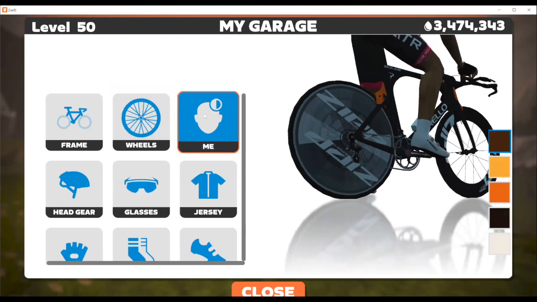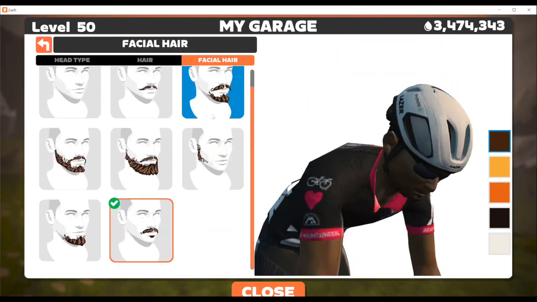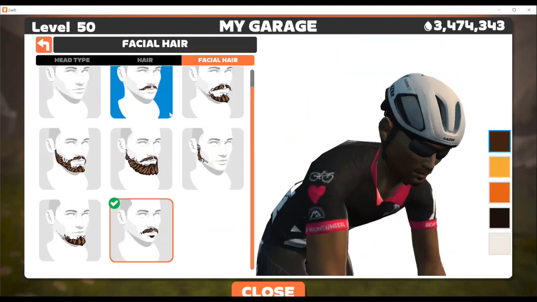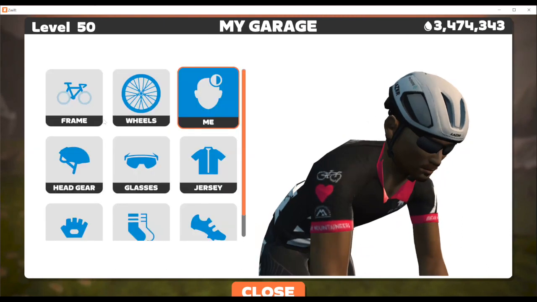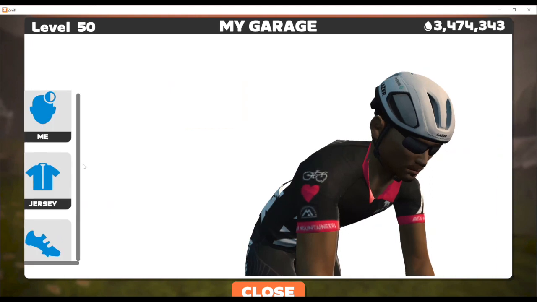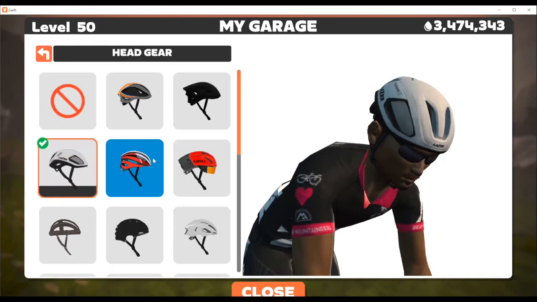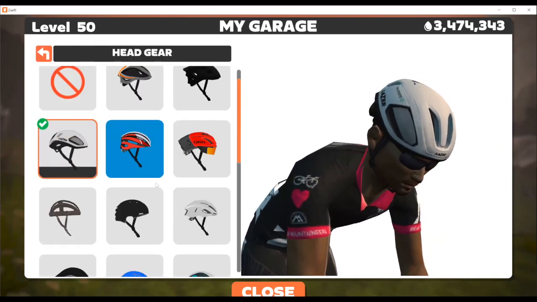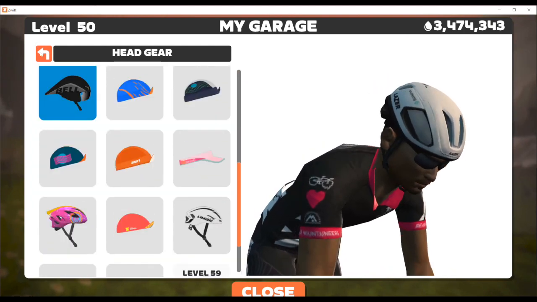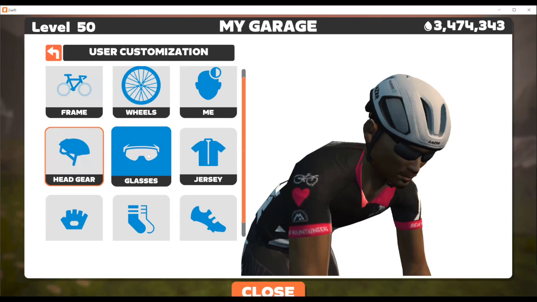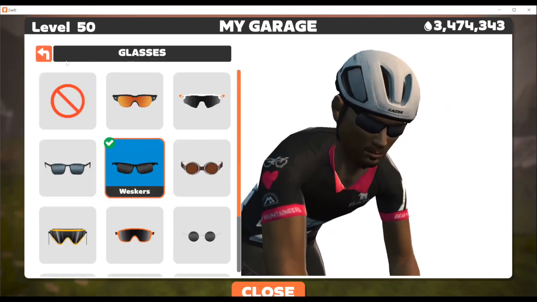You'll set up your avatar yourself. You'll go in, you choose your head type, facial hairs, and all of that. That's how you'll set up your avatar. You also get different helmets. Some helmets you don't buy, you just get awarded when you achieve certain levels or you complete certain routes. Glasses, same thing.